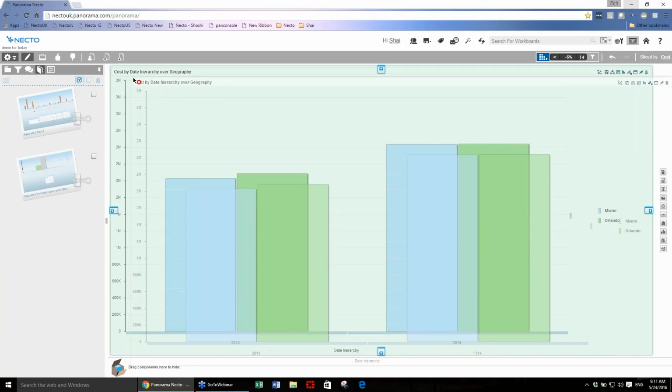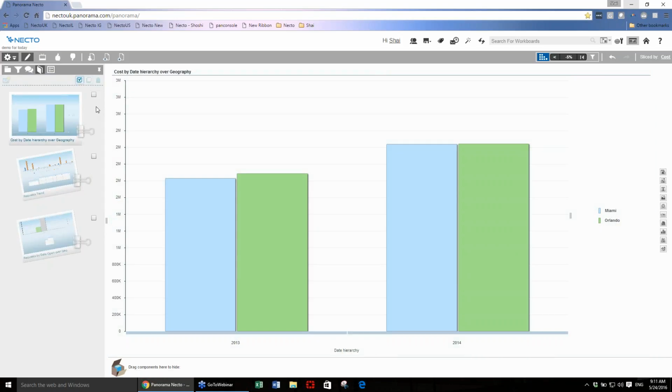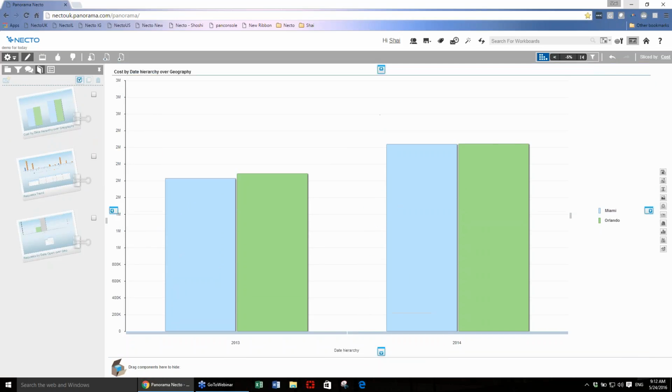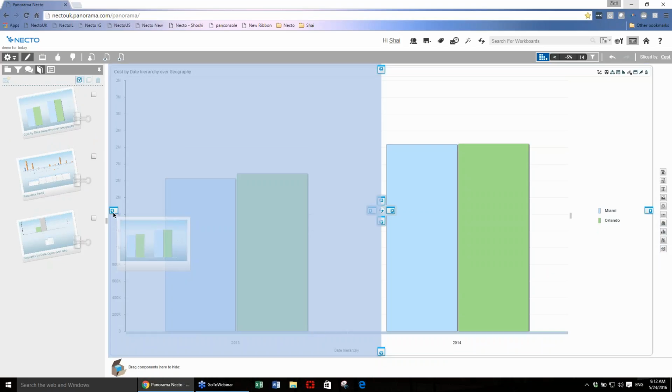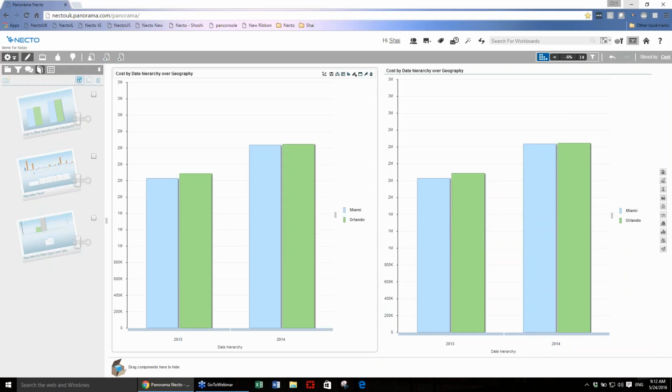So I'm going to click on the header of this component, and I'm going to put it here. So I'm having the scrapwork right now with an additional component, the same component. You see this is the same component, and I'm going to drag it back again to the workboard where I want. So either on the right side, at the top, at the bottom, or at the left where the arrows are. So I'm going to place it at the left side. So Necto provides me now two identical components,